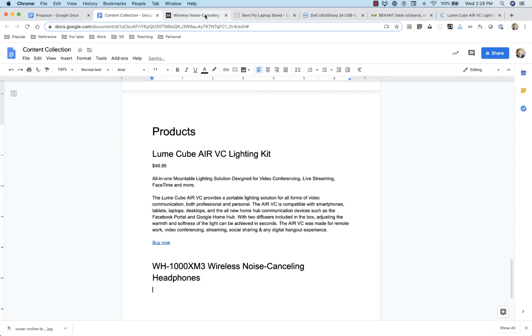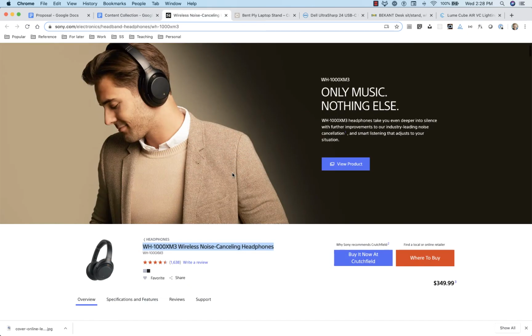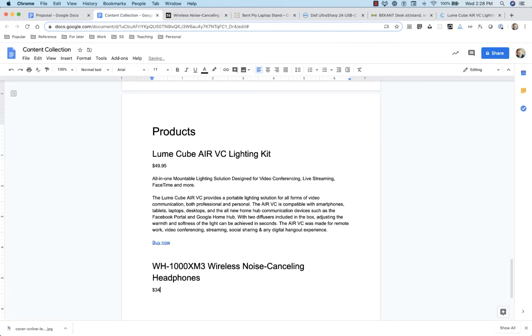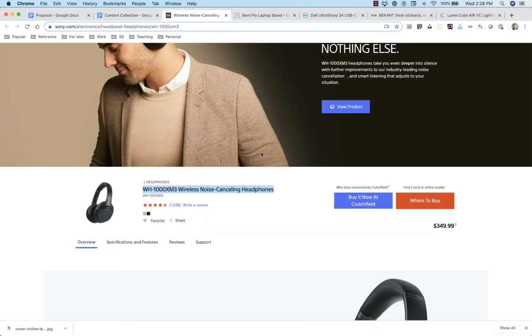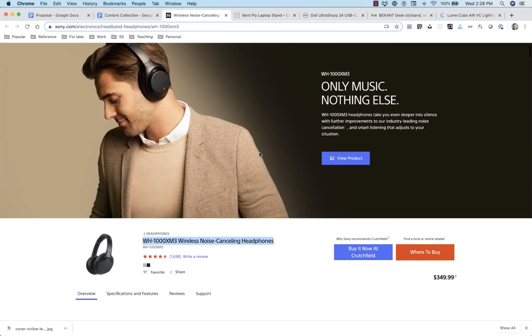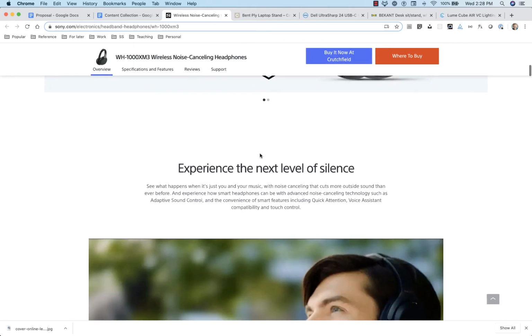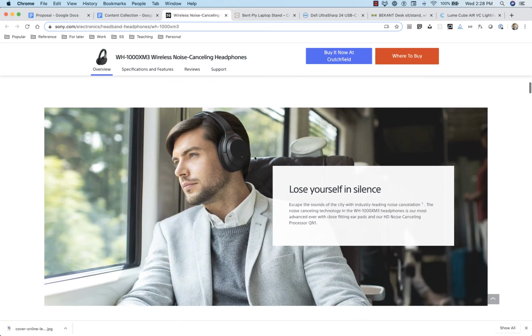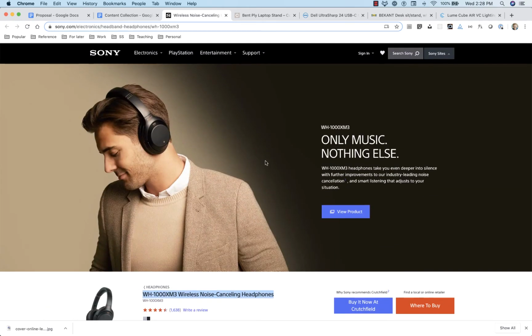Okay, so now we need a price. And this price here is good enough, $349.99. Pricey, but worthwhile. All right, next we need a description, and we've got lots of content on this page. So this is definitely where you can make the decision you think best about what best describes the product, or even write a short description yourself. So I think I'll just grab this blurb right here,